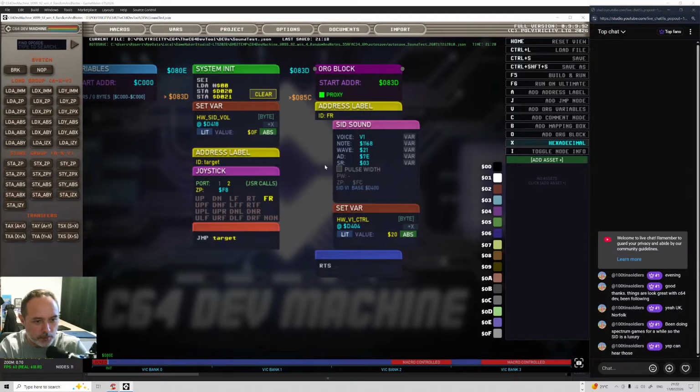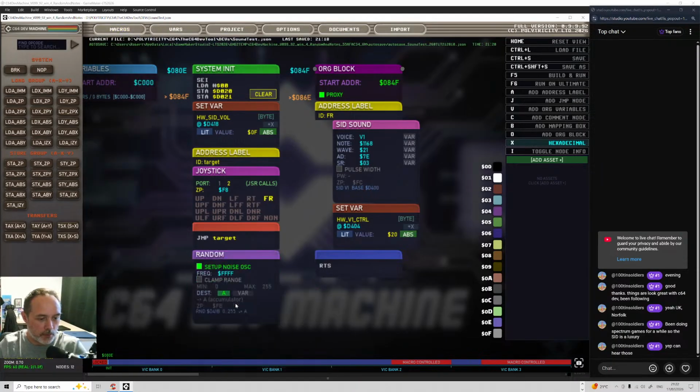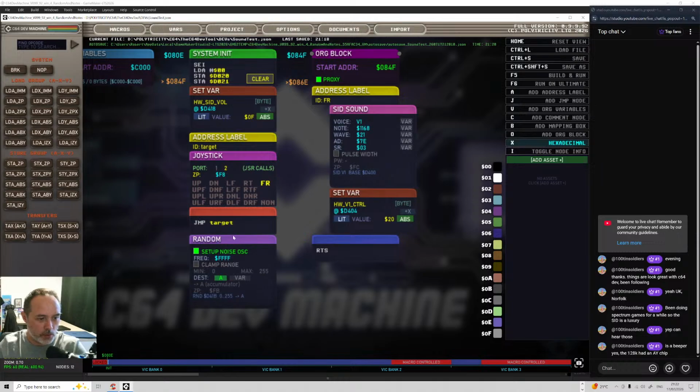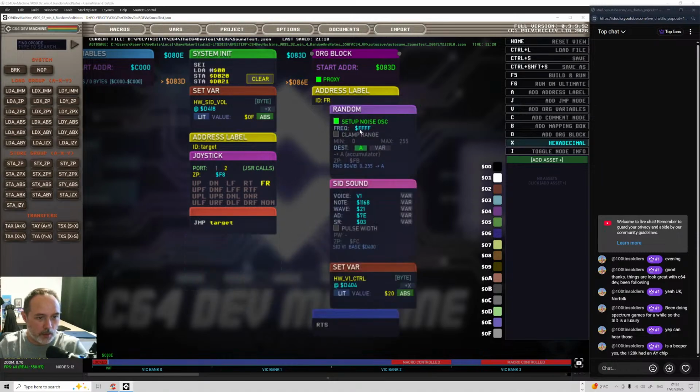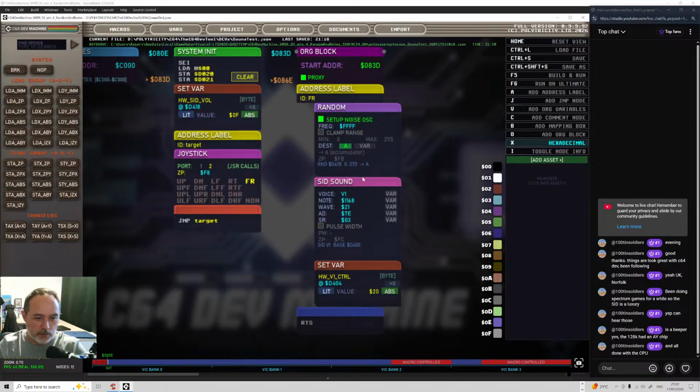Let's see then. I've got another new node called the random node, which we can use to set a frequency. But the problem with this is, I think random doesn't work with words yet, and I don't know if I can do low byte, high byte yet either, combining that stuff. I can do it in code, but